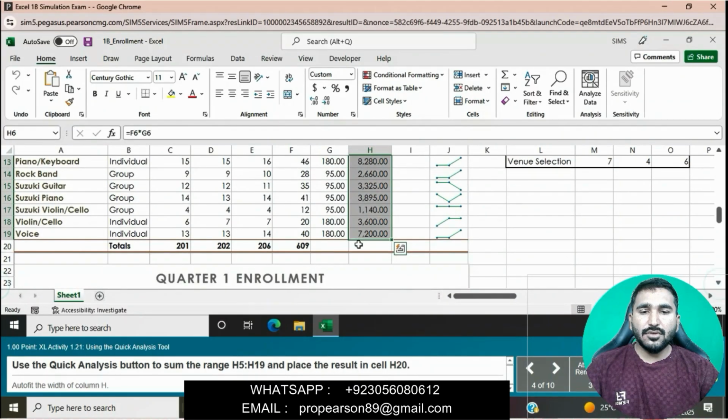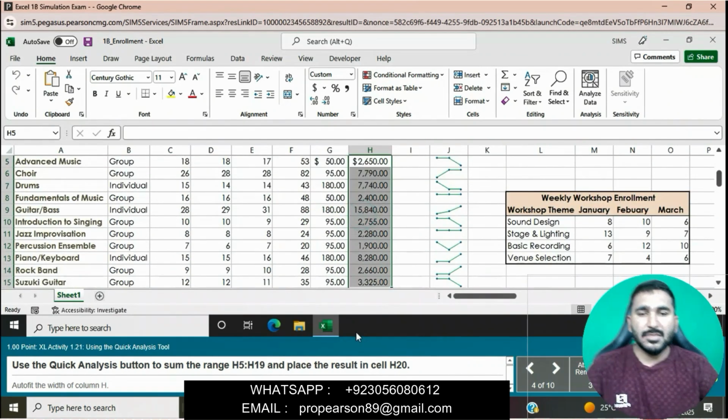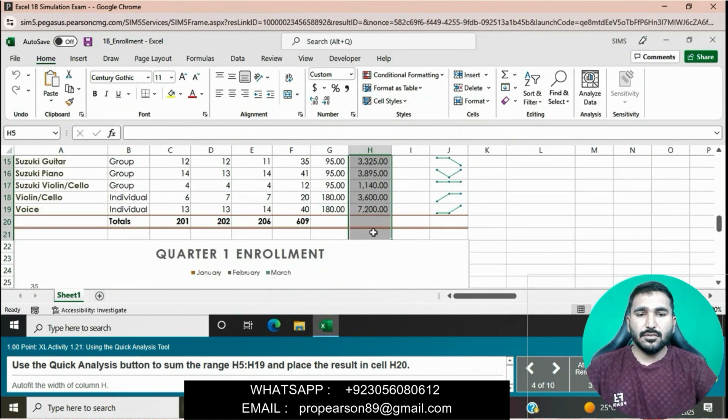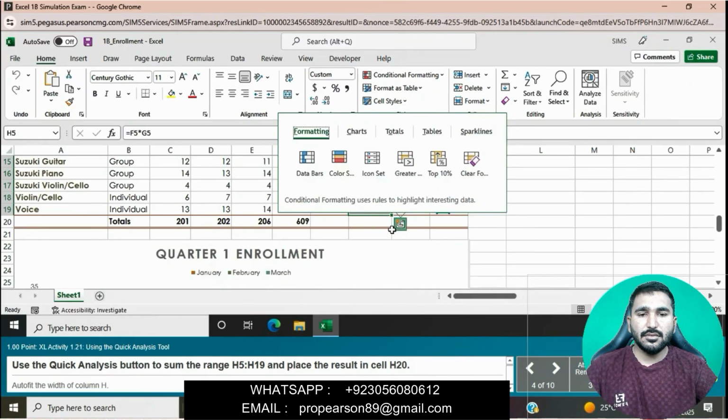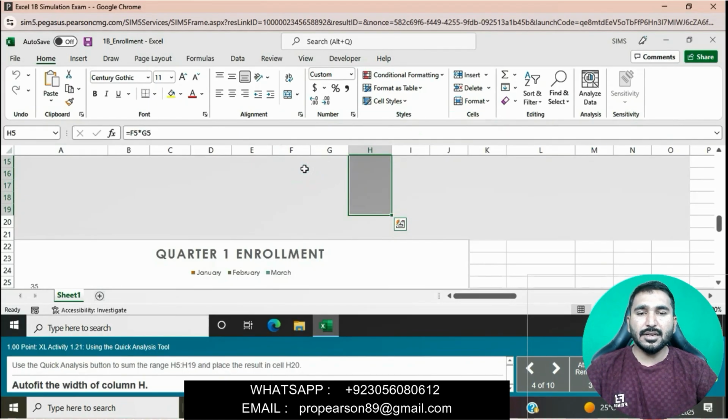Click on the Quick Analysis button, then click on Totals, and then click on Sum. It will find the sum in cell I20.